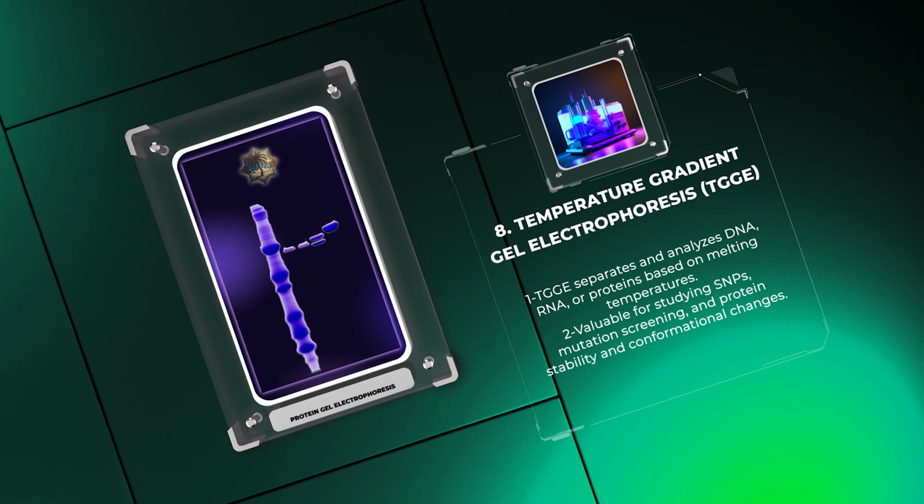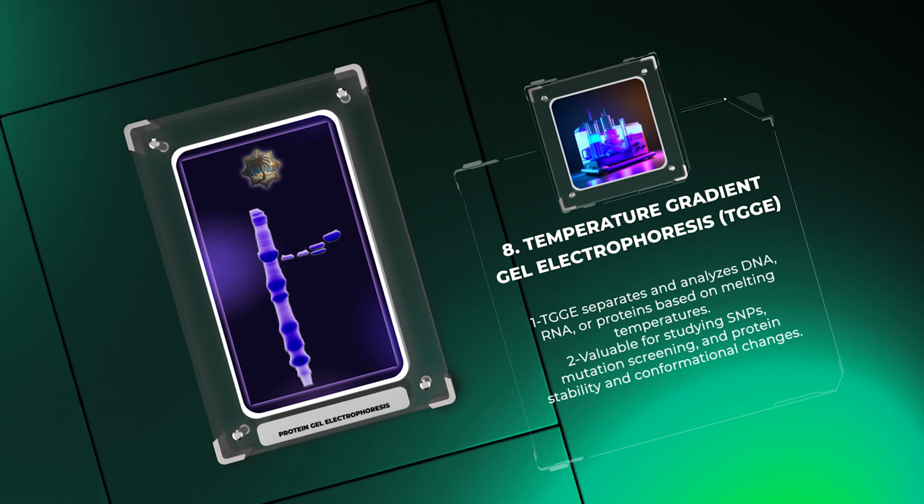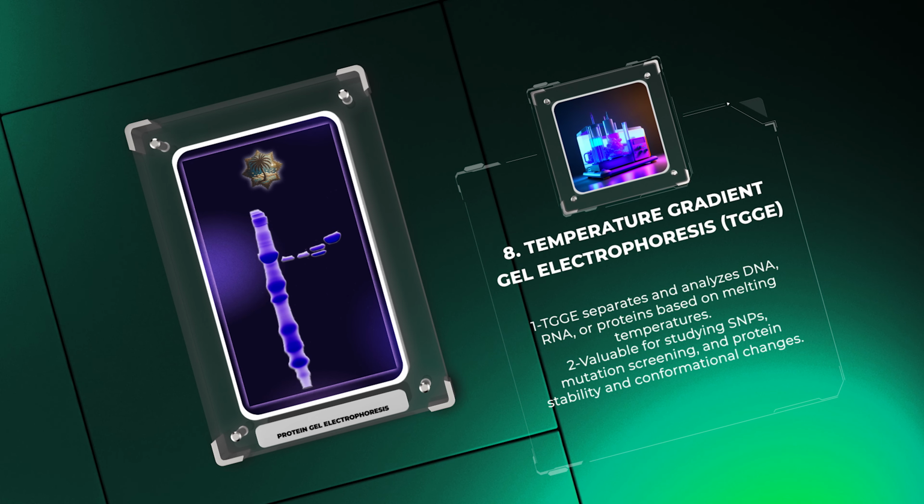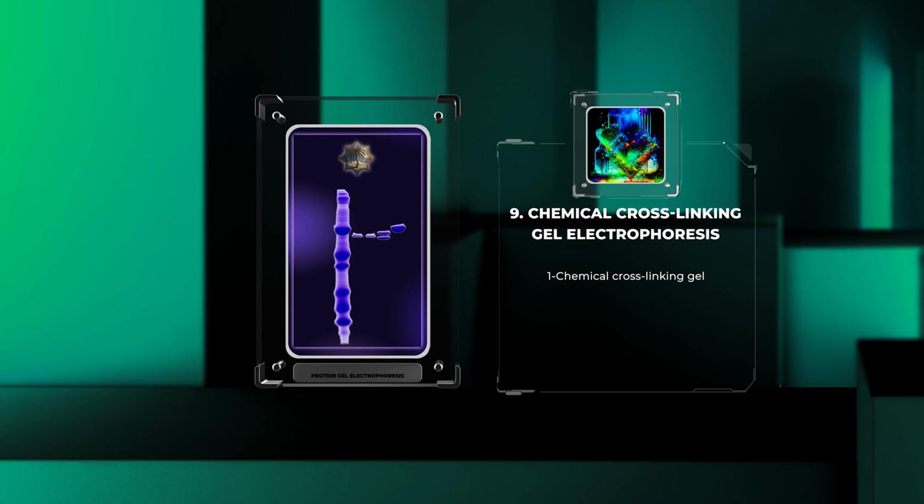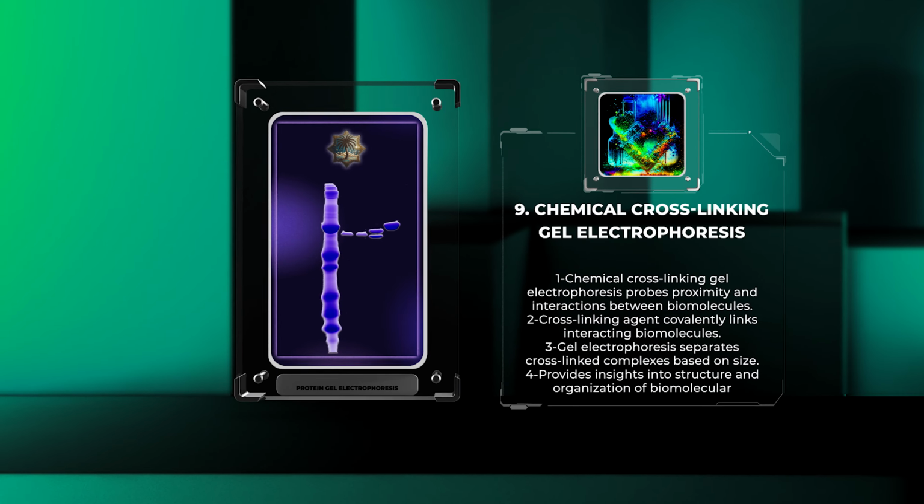proteins based on their melting temperatures. This technique is valuable for studying SNPs, mutation screening, and protein stability and conformational changes. Chemical cross-linking gel electrophoresis is a technique used to probe the proximity and interactions between biomolecules, such as proteins or